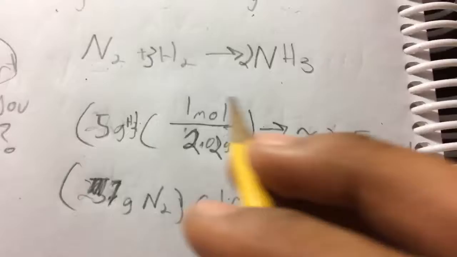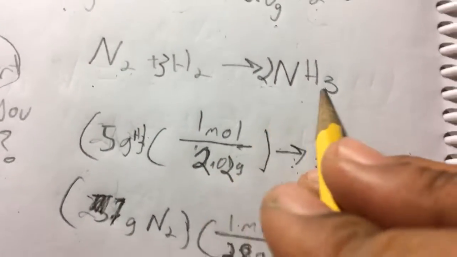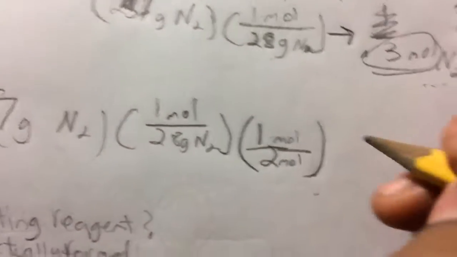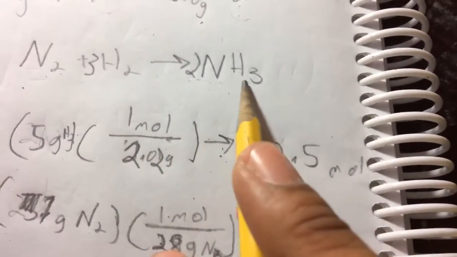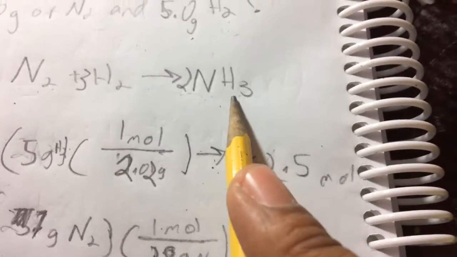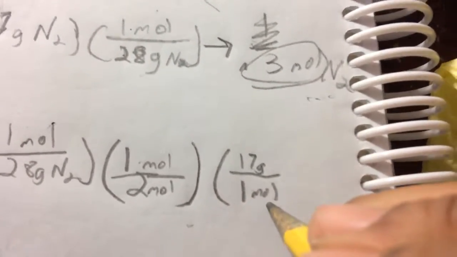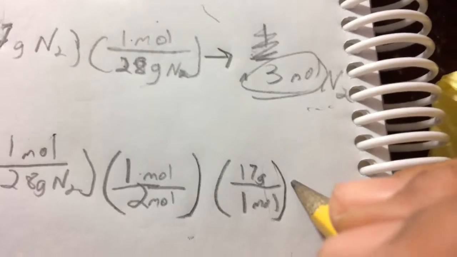So you have 1 mole of NH3. There's an invisible 1 there. For every 1 mole of N2, you get 2 moles of NH3. So there you go, you put a 2 there. And then over here, for every 1 mole of NH3, you should get, well, nitrogen is 14, hydrogen is 3, so for 1 mole of NH3, you should get 17 grams. And actually, we're done. So what you would do is enter this into the calculator, and it will tell you how